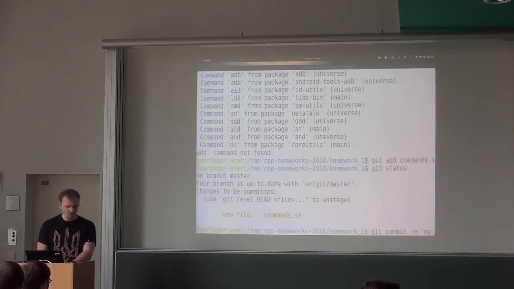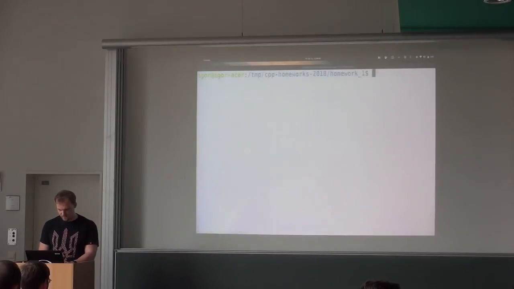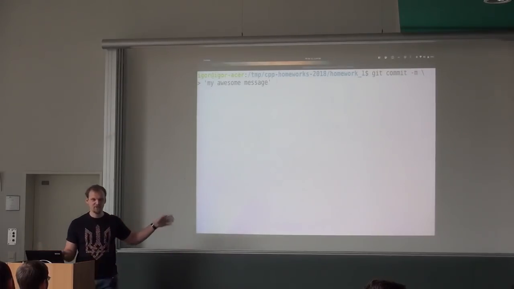Why is it not wrapping? Wait. Let's try this. Git commit -m. Okay, this is weird. I can do it like this: my awesome message. The message should not be like this. Don't learn from me.